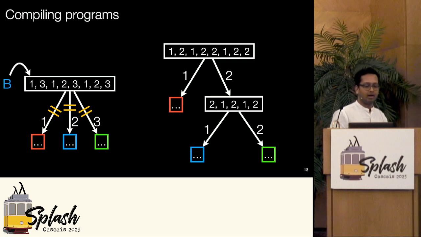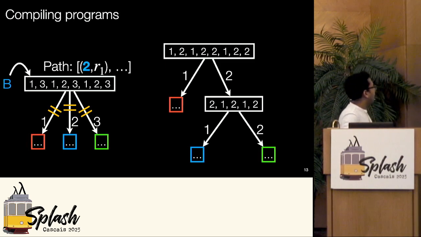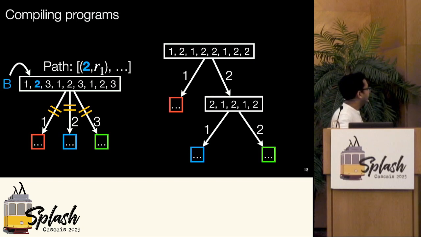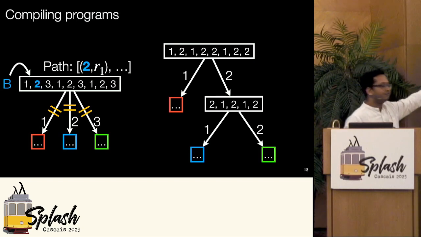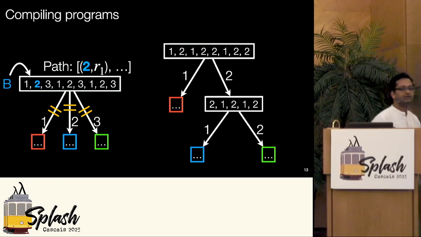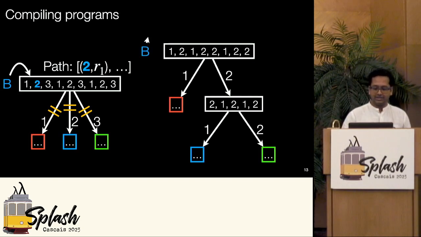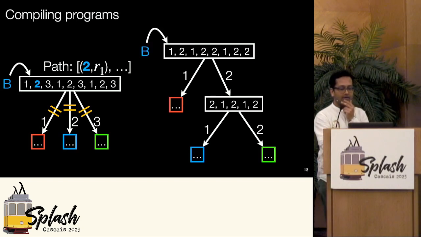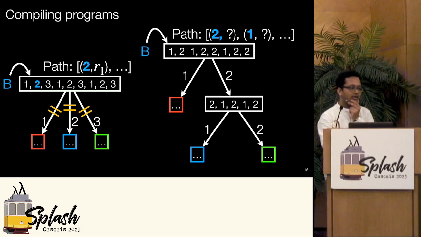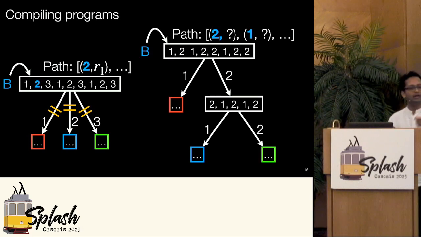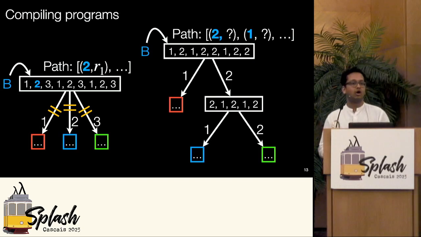If a blue packet were coming in the oracle tree, I would have assigned some path to it, starting with 2 and some rank R1, and then something else, okay? What do I do in the receiving tree? So the 2 went in, and I achieved parity. You can see 3, 2, 1, 3, 2, 1, 3, 2, 1. Very nice. And in the receiving tree, that same B is going in, right? And you all already know that we're going to have to put a slightly longer path in there, starting with a 2 and then some 1. The question is, with what ranks?